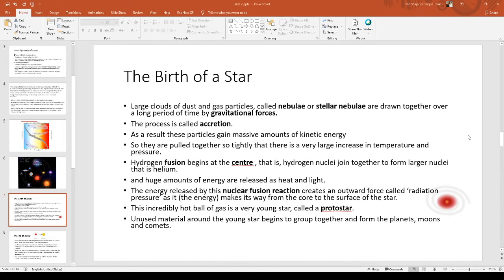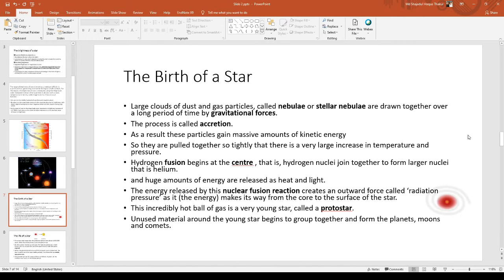As there is a huge amount of temperature and pressure, that causes the hydrogen nuclei to overcome their electrostatic repulsion. Fancy word for saying positive repels positive, right? Hydrogen nuclei basically repel each other, but that repulsion force is overcome because of the huge amount of kinetic energy, high temperature and high pressure. So the hydrogen nuclei bump into one another, and basically what happens is